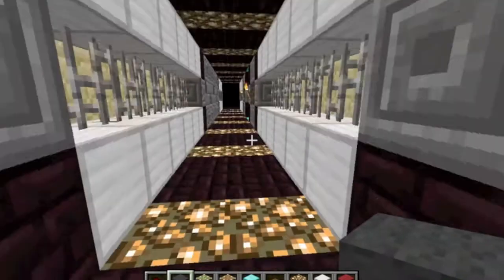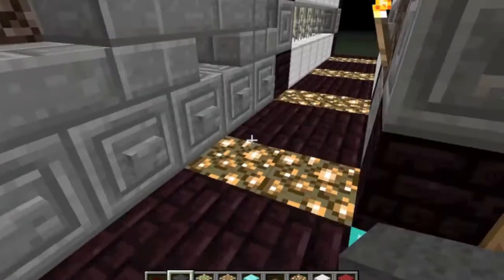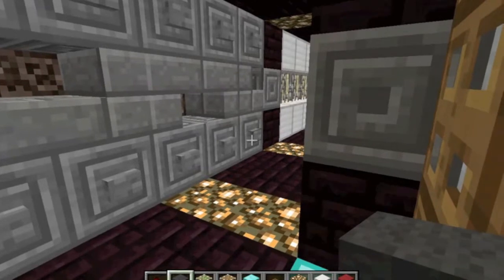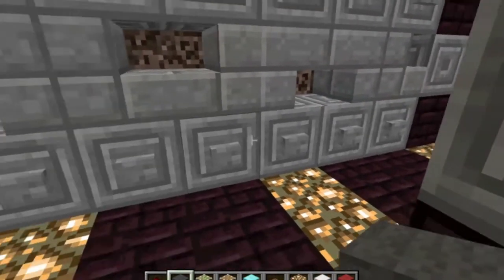So, which floor do you want to go to? What's that? The top floor? Okay. Yeah, I put the top floor there, and then the second floor there, and then the third, and then the fourth, and then the...